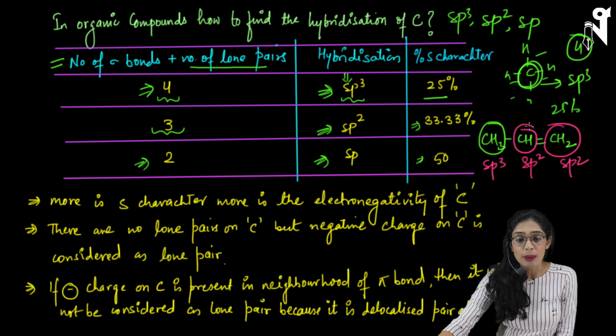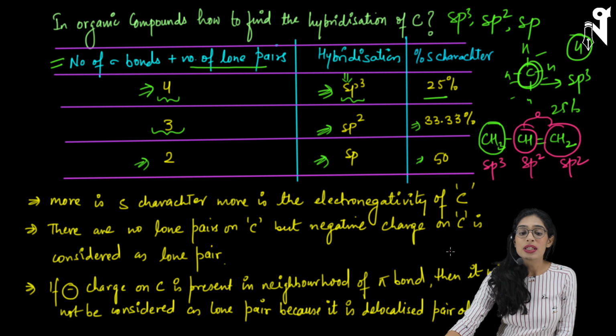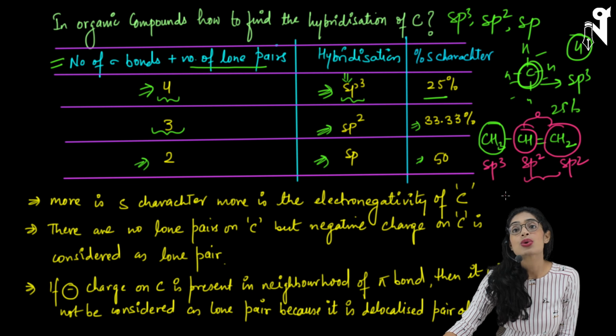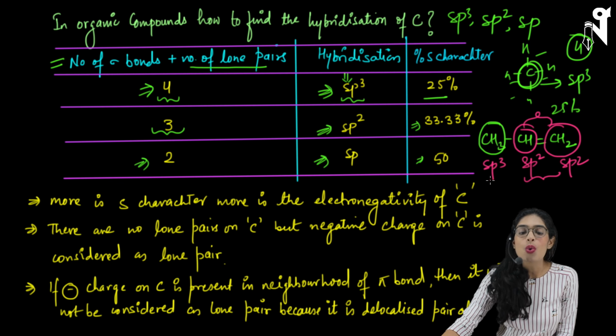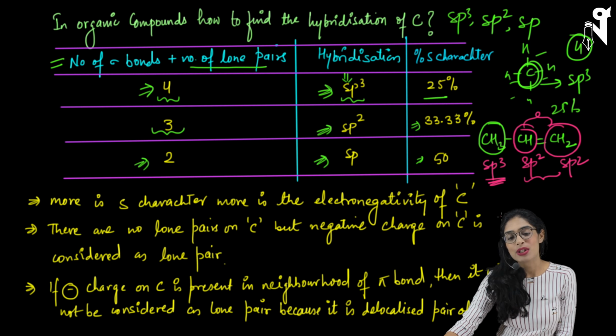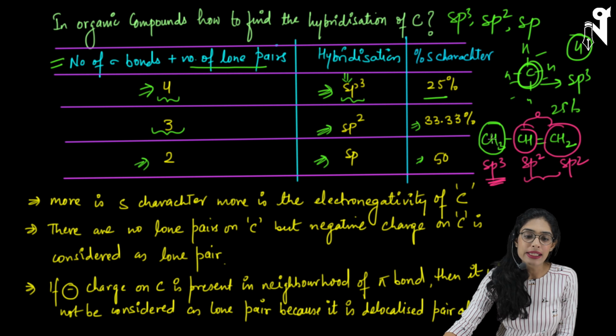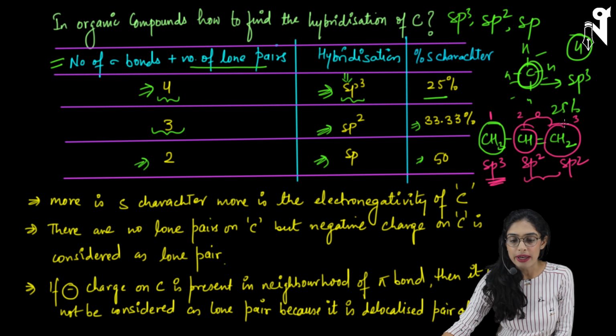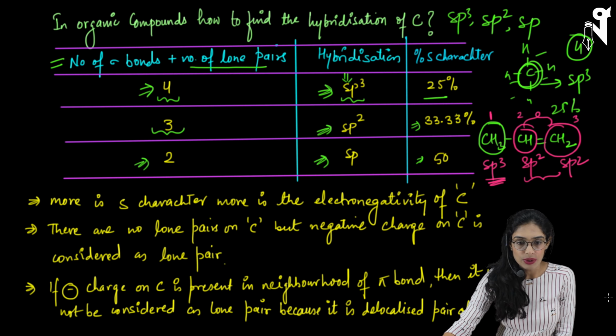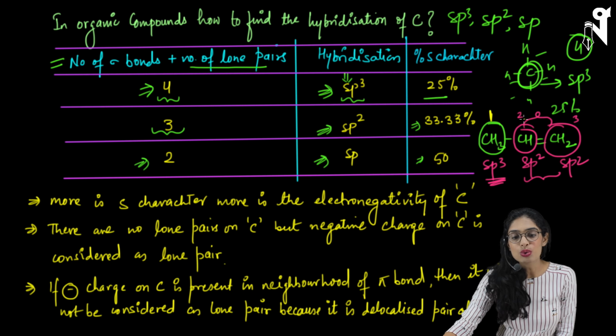So these two carbons having sp2 hybridization will have the stronger electronegativity as compared to the one which had sp3 hybridization. So if I mark, let's say this is my carbon 1, this is carbon 2 and this is carbon 3. Assume I've just randomly written, let me just write it with a different color. So it's 1, 2 and 3.